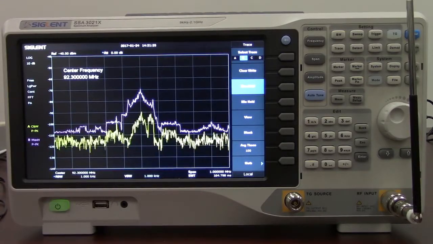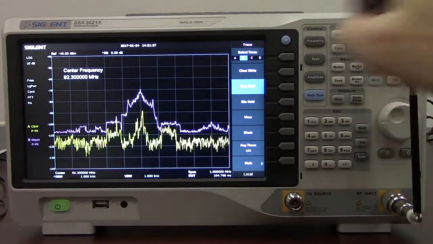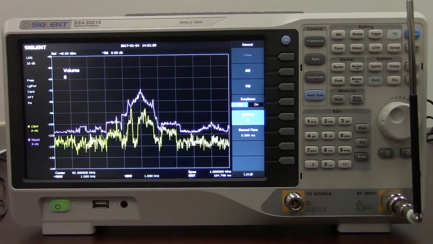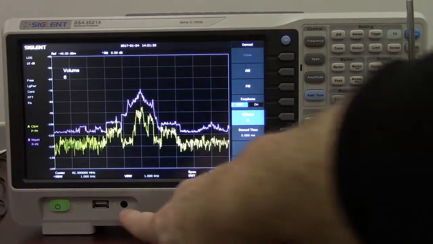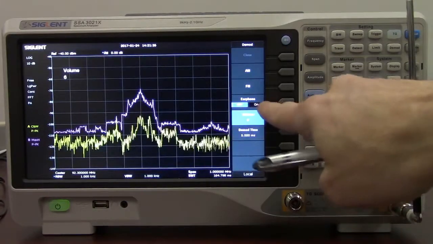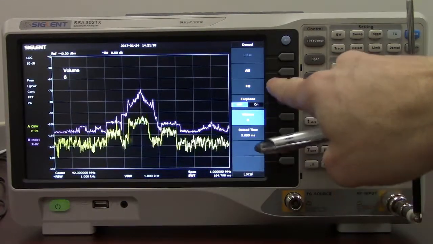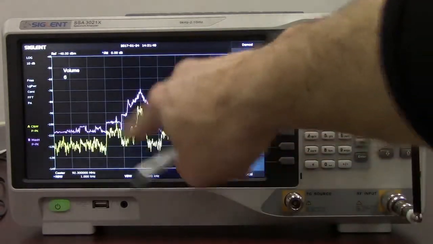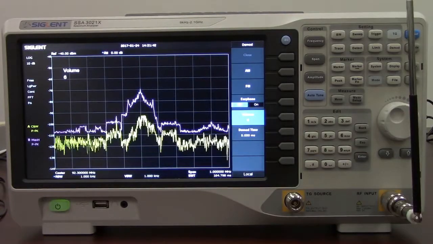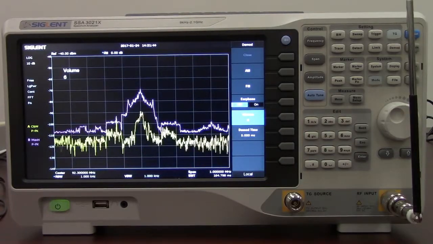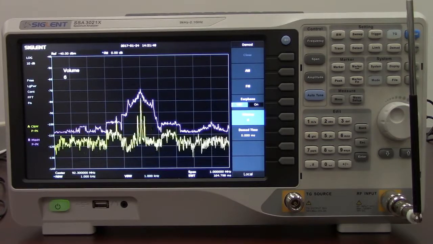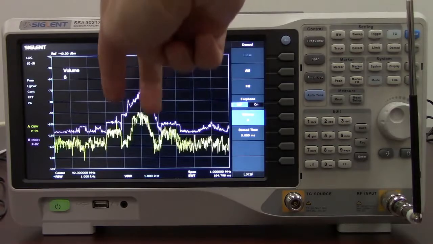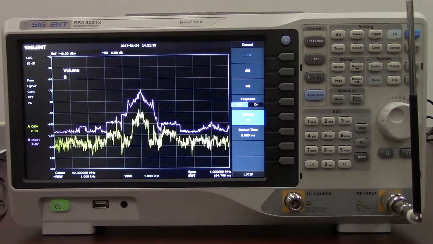Some other nice features with instruments like this: we've got demodulation. We have FM and AM, so we can use the earphone plug and the earphone monitor here. We can enable it and do an FM demodulation on the voice data. In that way, we can listen to this particular transmission very much like we would listen to a regular radio station in our car, only we can actually visualize the width that we're occupying for this particular